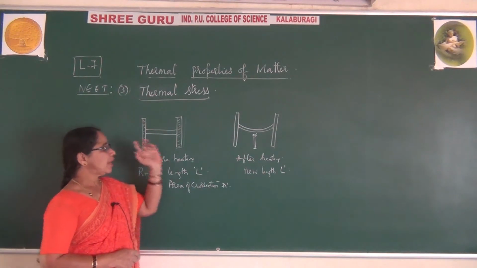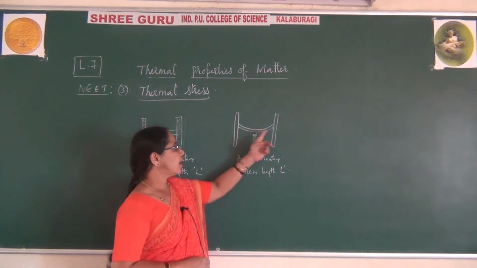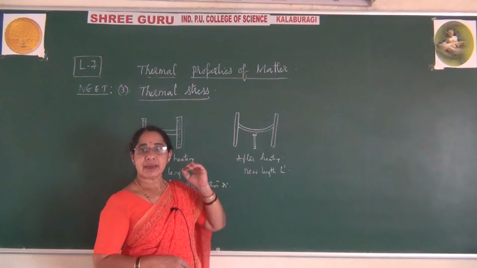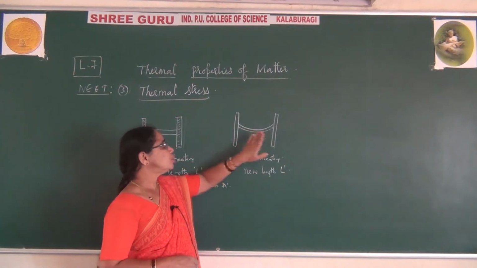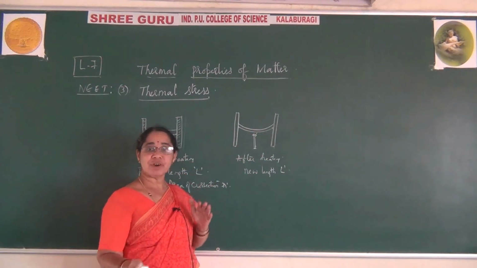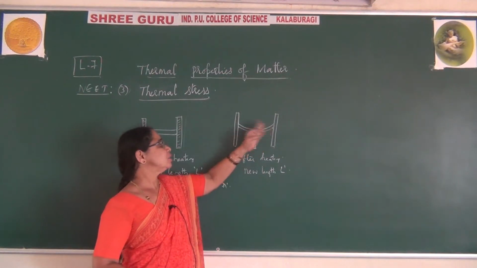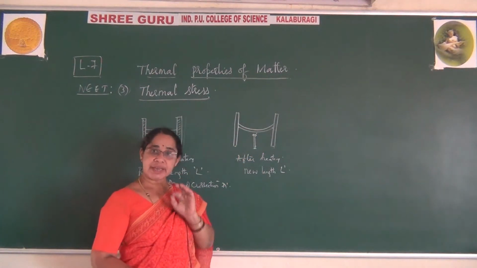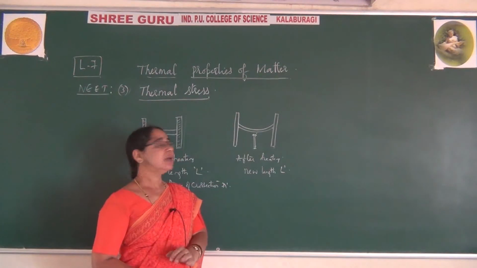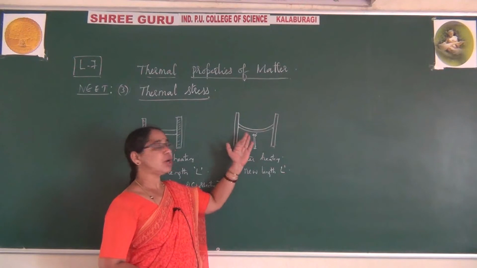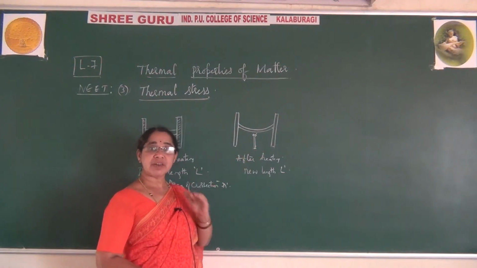So now whenever it is heated, there arises a compressive strain for this rod. That compressive strain takes place because there is no space for expansion or contraction for this rod, due to this fixed rigid support. So due to heating, there arises a compressive strain on this rod, hence the thermal strain exists.